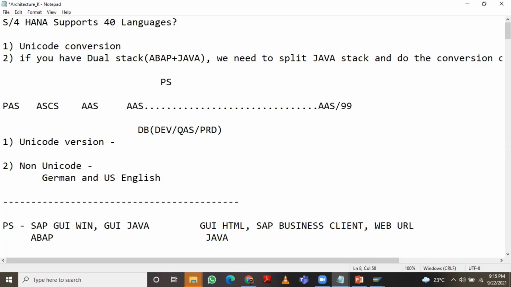Okay, see this carefully. The first application server can be called the primary application server, and the second application server can be called ASCS. And right from the third application server, a total of 100 application servers can be configured under one single database. So when you are installing SAP,